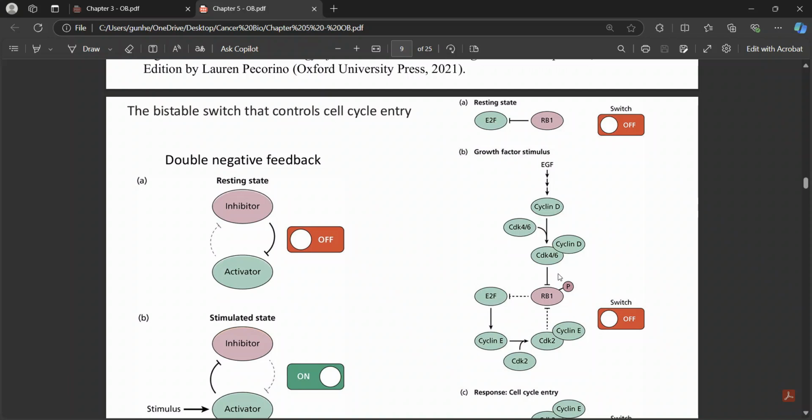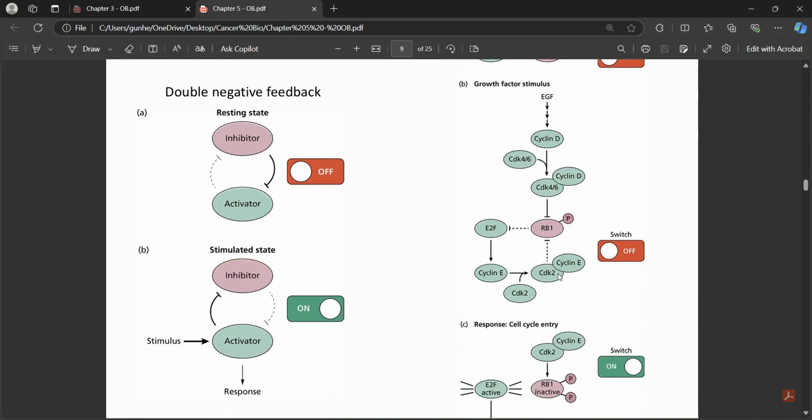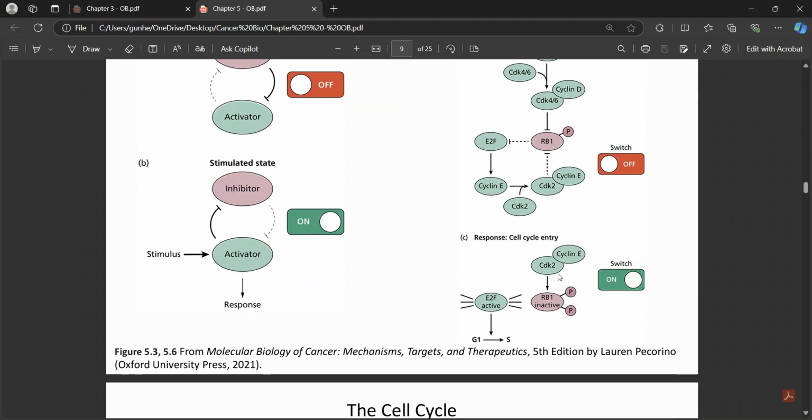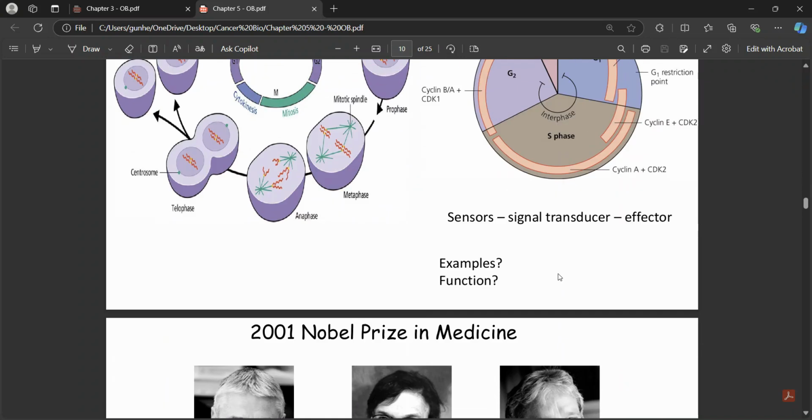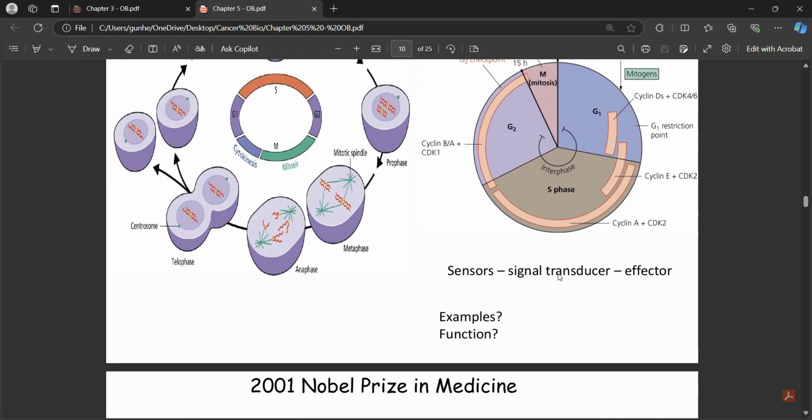What determines whether the cell goes for a cell cycle or starts or not is the bistable switch mechanism, which is basically an on and off switch. They have double negative feedback, so inhibitors keep inhibiting activators. Activators, when they're active, inhibit the inhibitor so they can stay on. So it's either on or off. So for checkpoints, at the G1 restriction point,